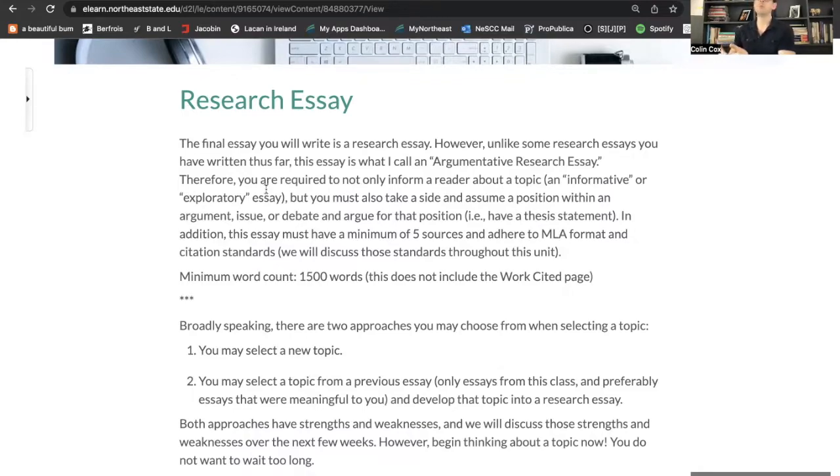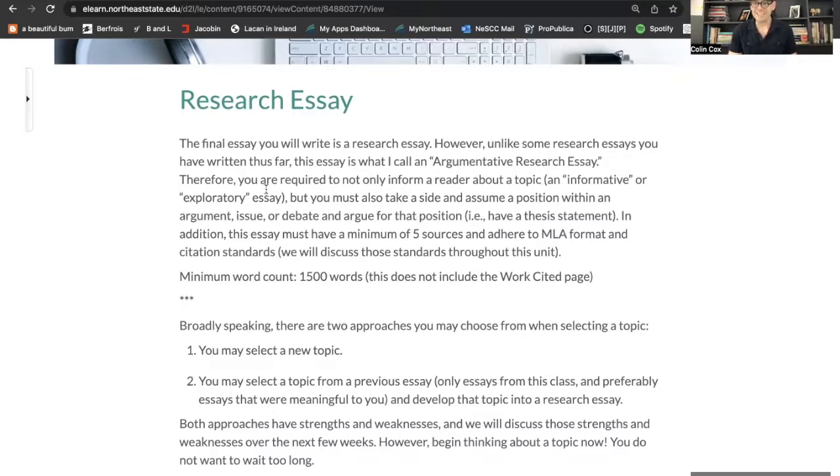But the thing about Wikipedia pages, they don't make an argument about a topic. If you go to the Wikipedia page about World War II, it doesn't offer an argument or a take. It doesn't have a perspective necessarily on World War II. It's just providing basic information and basic citations.